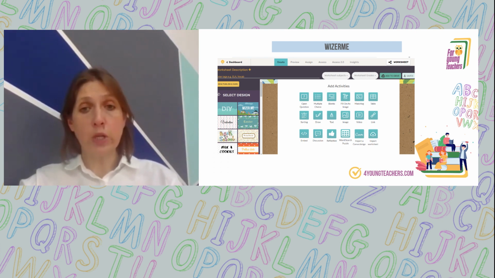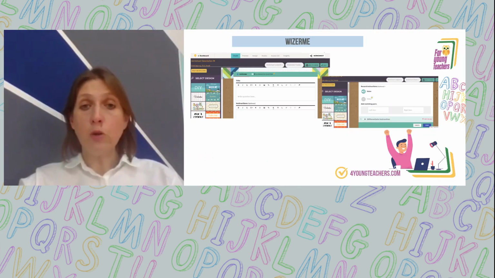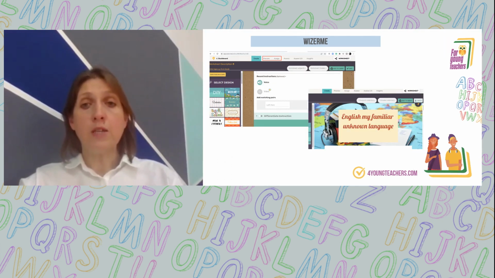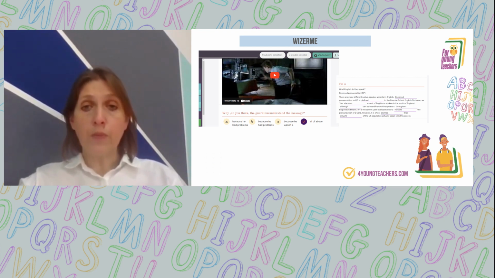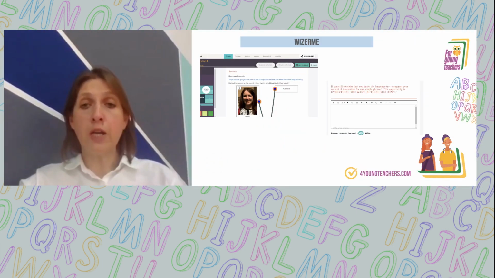You can embed your worksheet into your site or share it through the link. The app allows you to use a microphone and record your voice instead of typing in the task. Here you can see the sample of my worksheet, which contains a video and a task. On the same worksheet, activity number 2 is to type in the answers. Here on the left, you can see the example of the matching activity and on the right, the example of